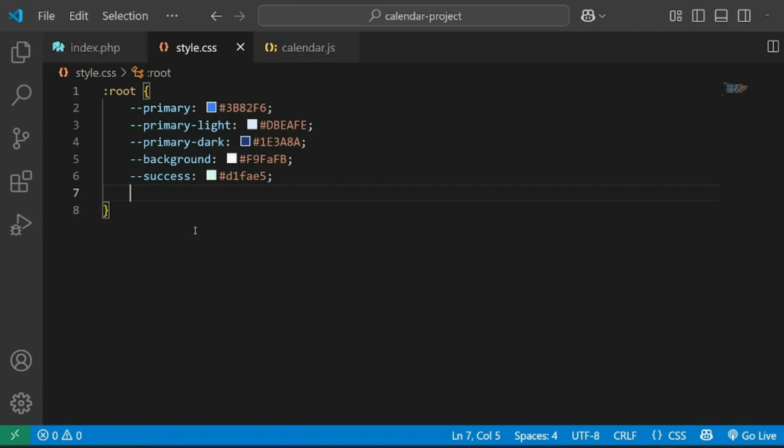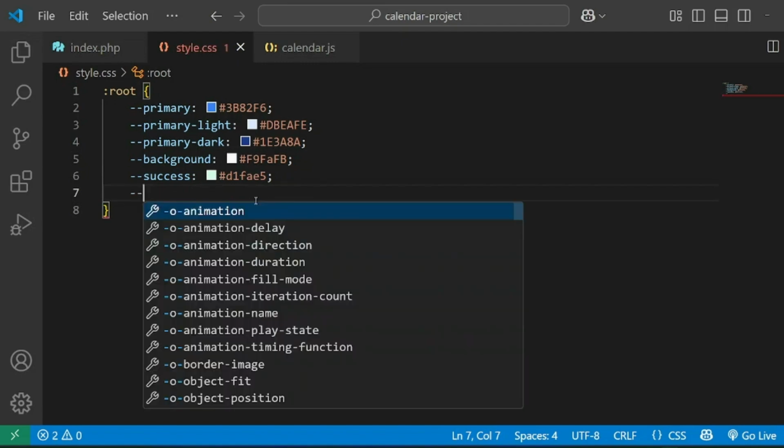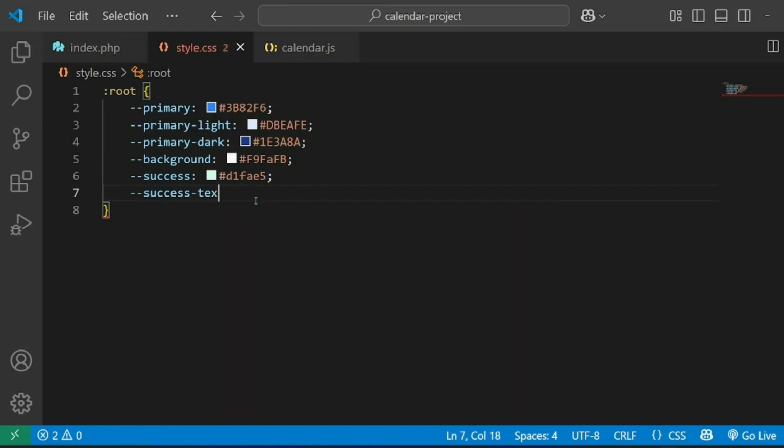appointment or deleting an appointment, and that operation happened successfully, we want to show a success message, and we want to color that message as a success message. So the color of the success operation will be as D1FAE5, and then --success-text will be as 065F46. So this is the color of the text of the success message,